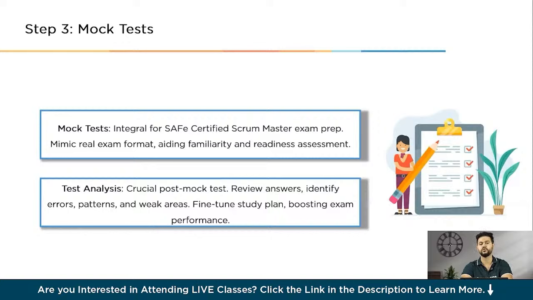After that, you can go for test analysis. Analyzing mock tests is crucial for SAFe Certified Scrum Master exam preparation. After taking a mock test, review your answers to understand where you went right and where you made mistakes. Identify the patterns in your errors and focus on improving those areas. This should be your goal. This analysis helps you fine-tune your study plan and strengthens your weak points, increasing your chances of performing well